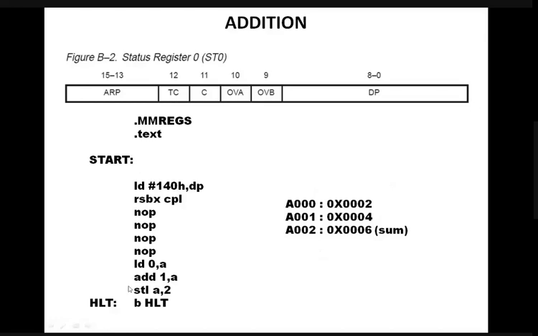So this is the code, and this is the syntax for writing an assembly language program in the 5416 DSP processor. In our lab, we are using VI Microsystems kits, and the processor is the 5416 processor. VI Microsystems has provided us a separate software package.